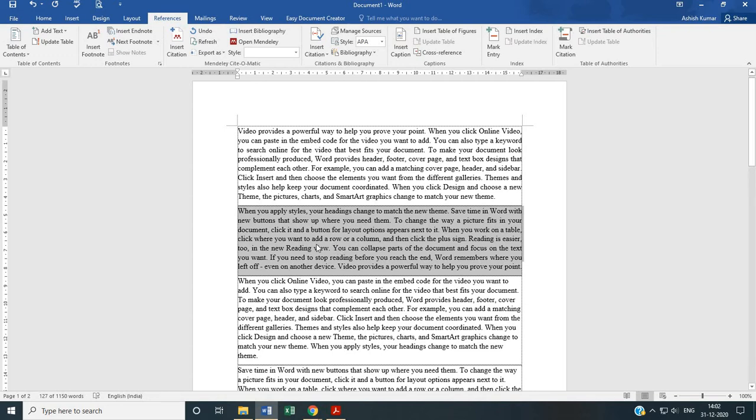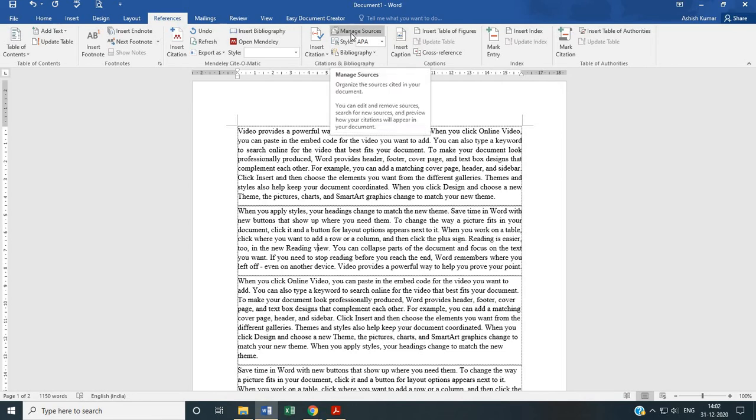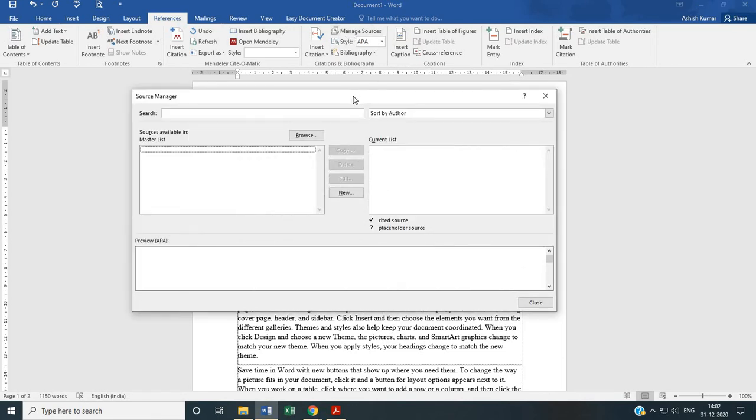So what I'm required to do is add the bibliographic information of that research paper. To add the bibliographic information, I have to click Manage Sources. Once I click Manage Sources, a new window appears which says Search, Master List, Current List. You can see there is no bibliographic record available.